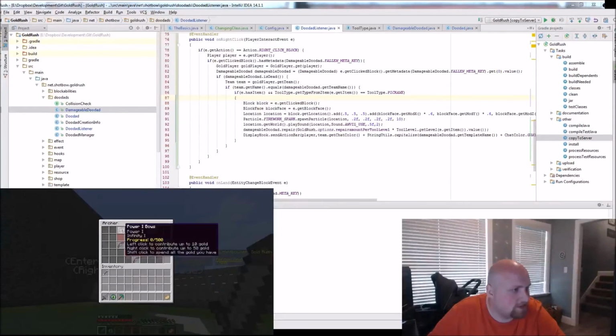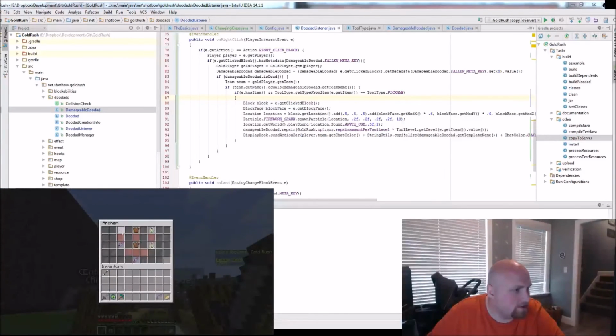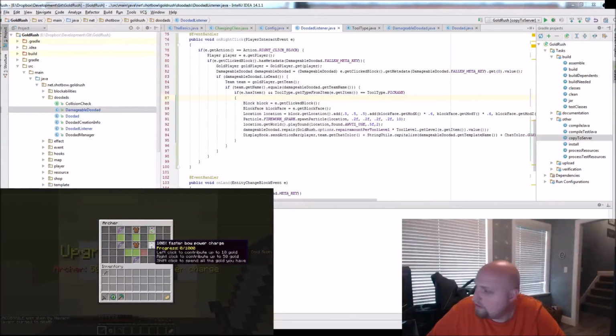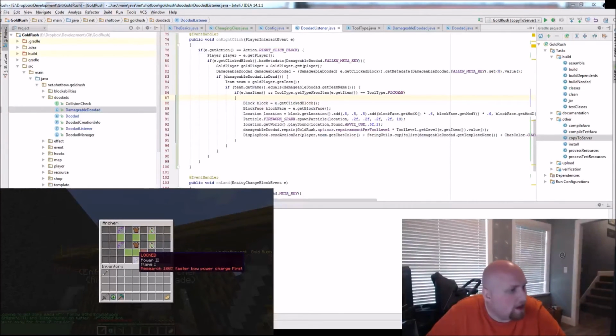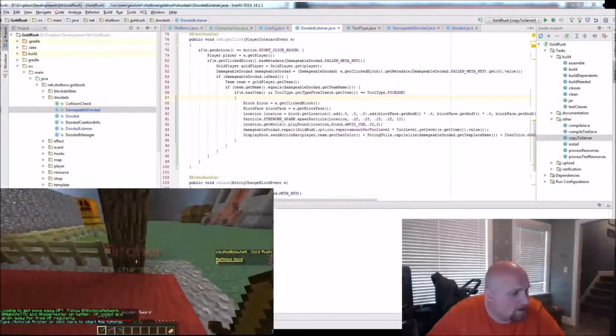But just to show off this upgrade system, if I upgrade these bows, as you can see, it immediately turned on that, which unlocked that. So then if I upgrade that, it'll now tell me I need to research the other two first. So I got to research that, and then it just says research that one faster. Apparently that's 100% faster bow charge. There you go. Today I learned. But anyway, it's going to be a lot of fun. I'm really excited for the mode. I think it's going to be awesome.